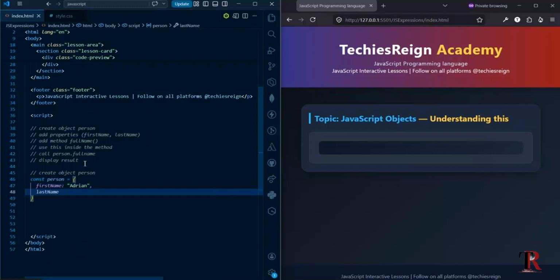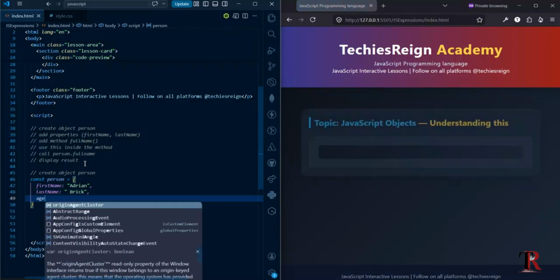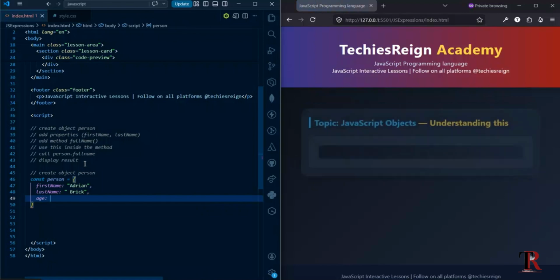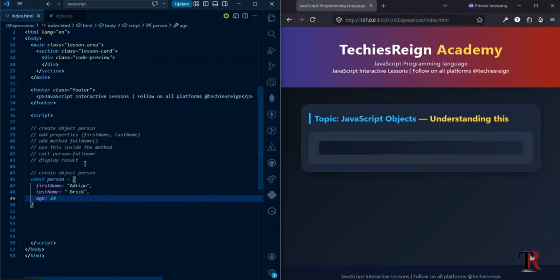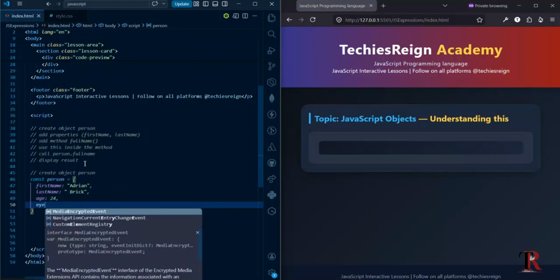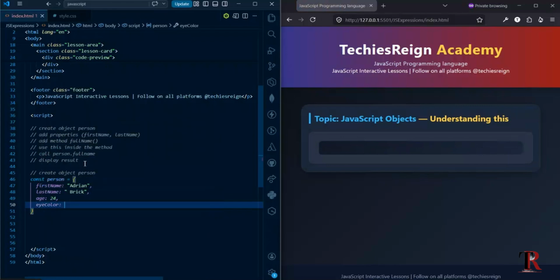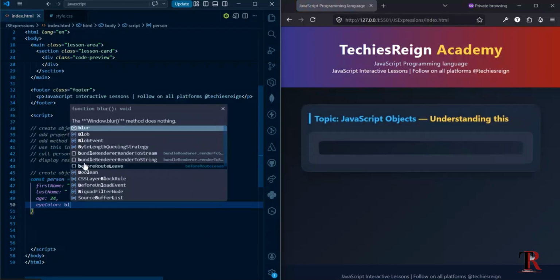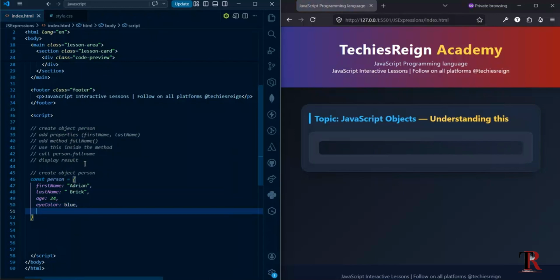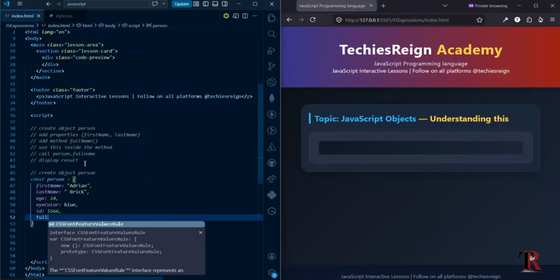Last name, I'm going to call it Brick. Then I want to add age and call it 24. Also add eye color. Let me call this blue. And I also want to add an ID, just a random thing. And finally, I want to add a method